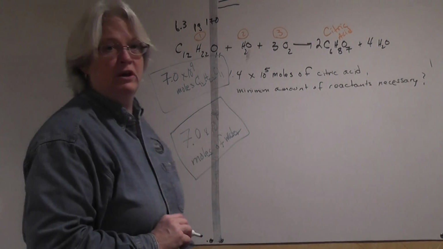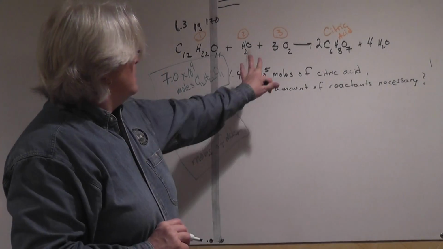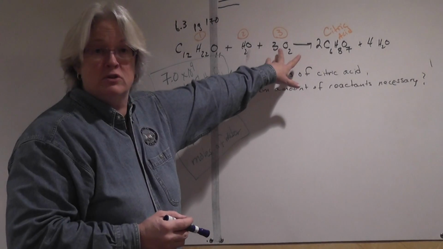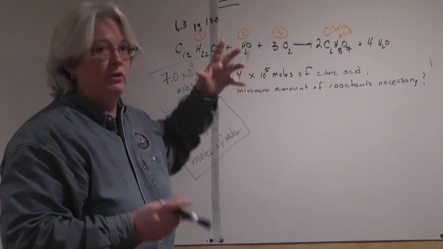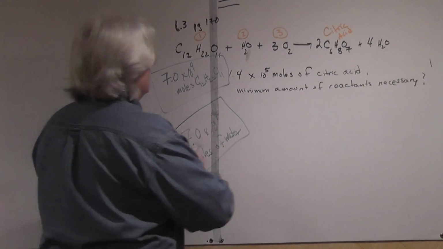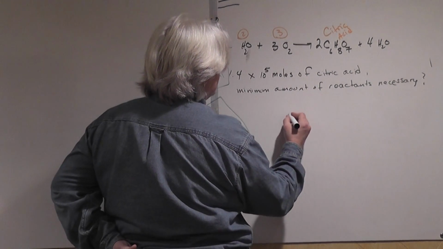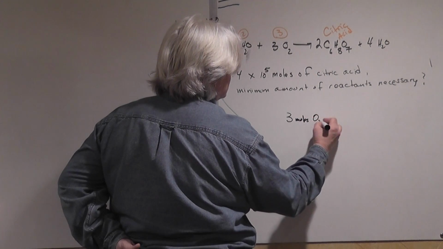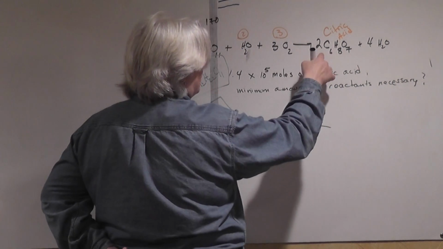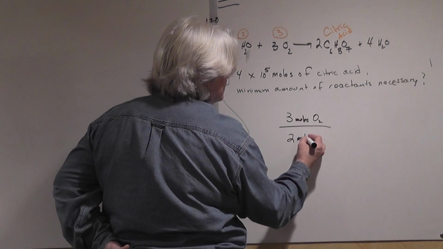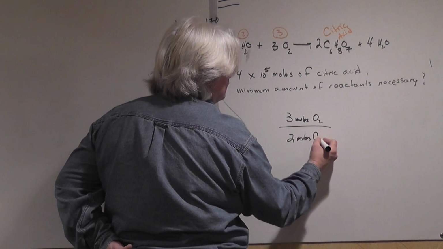That's 7.0 times 10 to the 4th moles of water. Now, what about the oxygen? Because we have a coefficient of 3 here, different than 1, the ratio is going to be different, so we're going to have to set up a different relationship. We have 3 moles of oxygen will react to form 2 moles of citric acid,